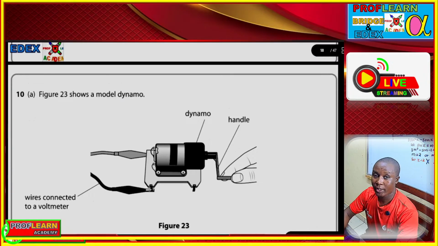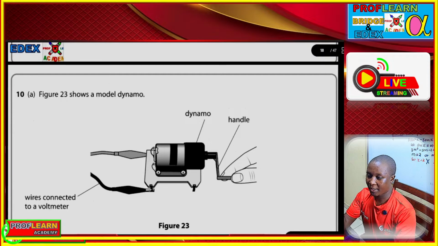Question number 10, we are talking about a dynamo, and a dynamo, of course, is a device. When rotated, it can be able to generate electricity, which is usually